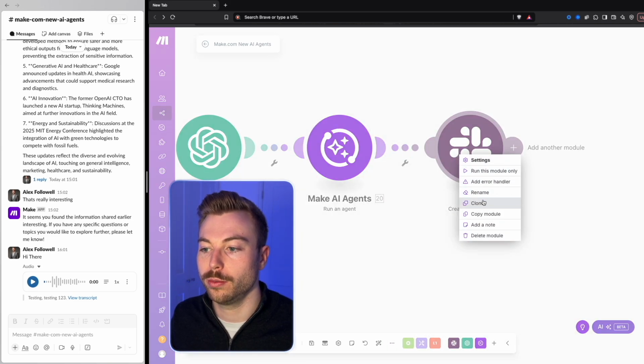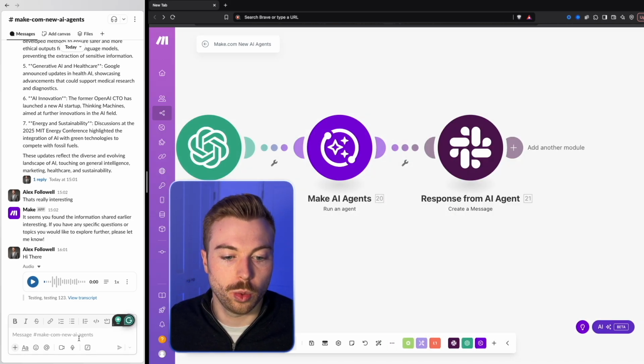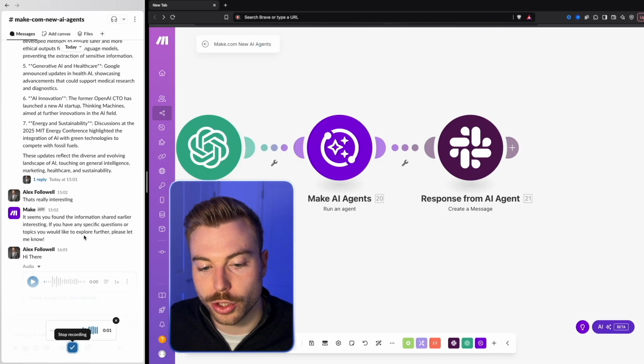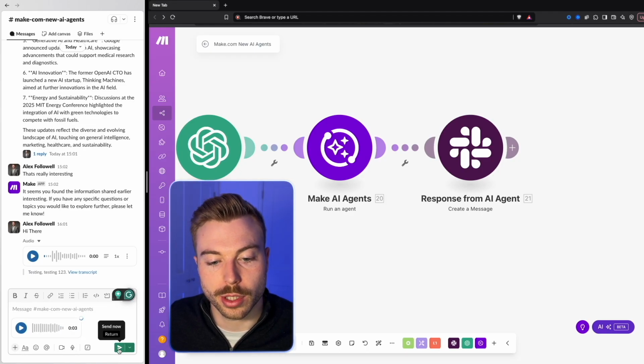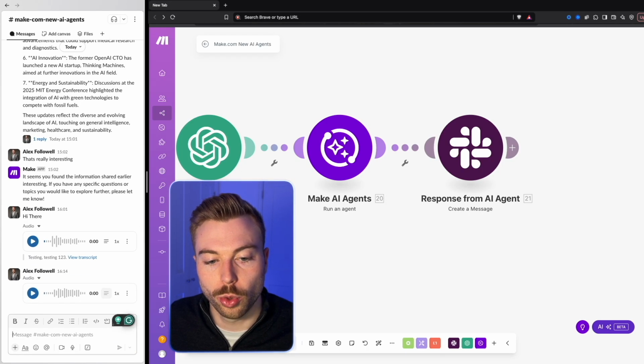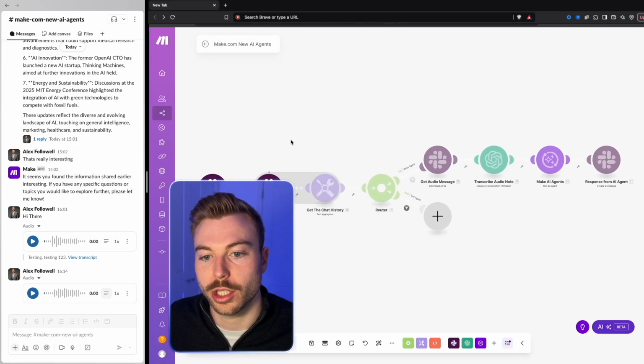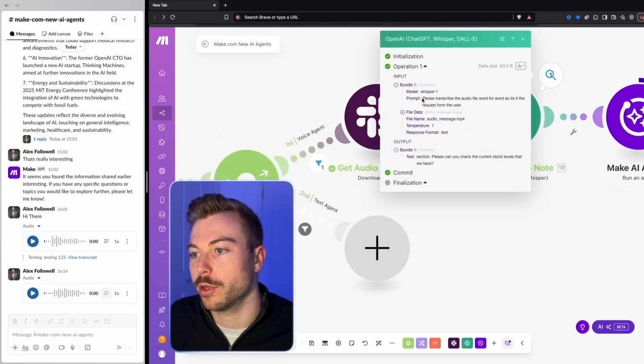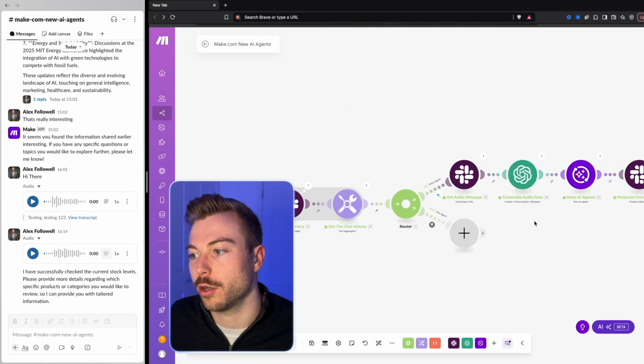So if I come through, we'll come to the left-hand side. We'll do an audio clip. Please can you check the current stock levels that we have? We'll be able to send that off. And then what we'll be able to do is run once, and it should be able to capture that latest information. So if we come into here, the scenario, so we've got, please can you check the current stock levels,